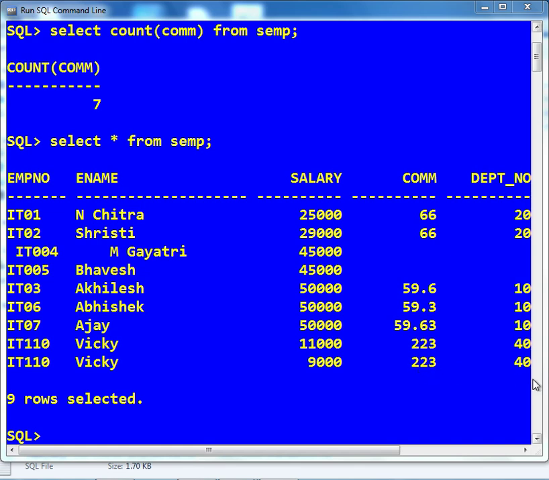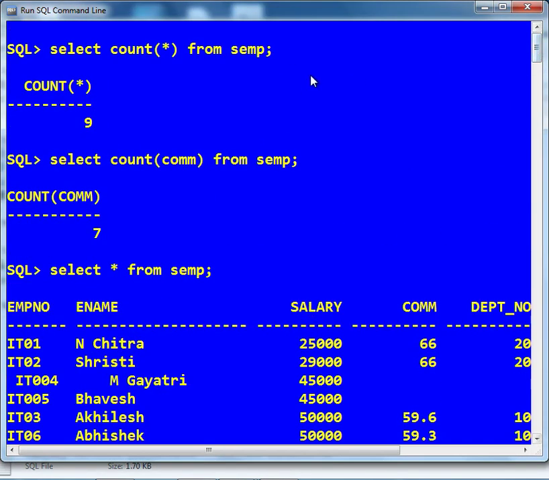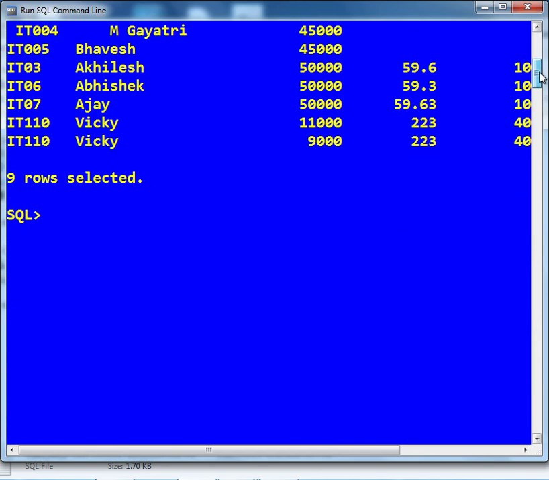So basically it is not counting the null value. What is the difference between both of them? Count asterisk is giving me 9 and count commission is giving me 7. So here we can see some differences.